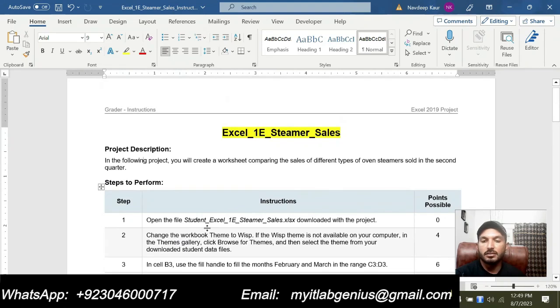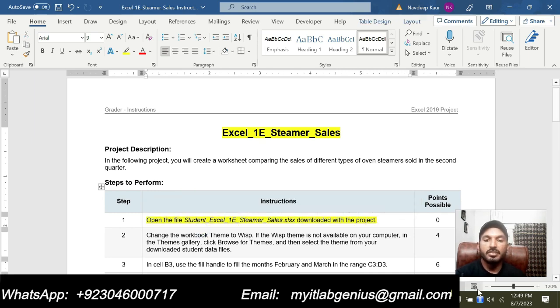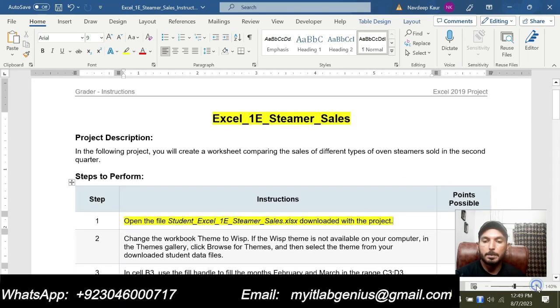So let's move to step number 1. Step number 1 is: open the student Excel 1E Steamer Sales file downloaded with the project.